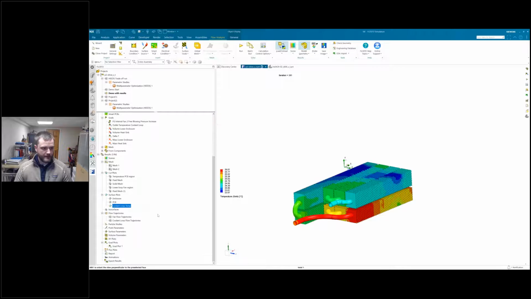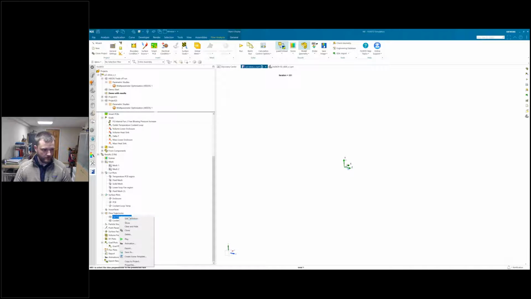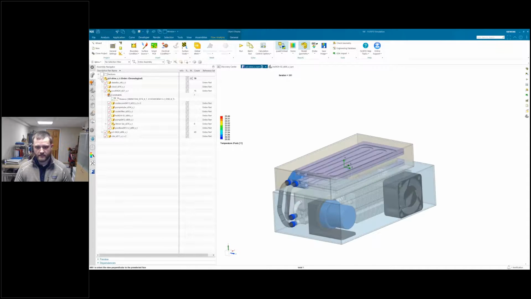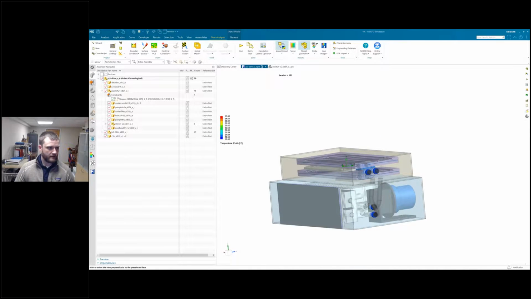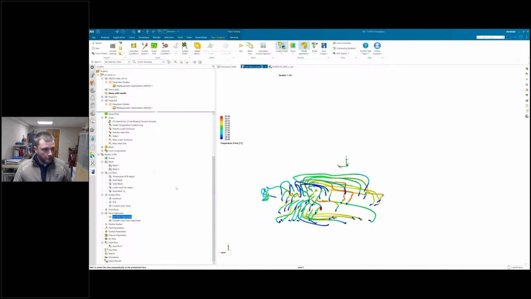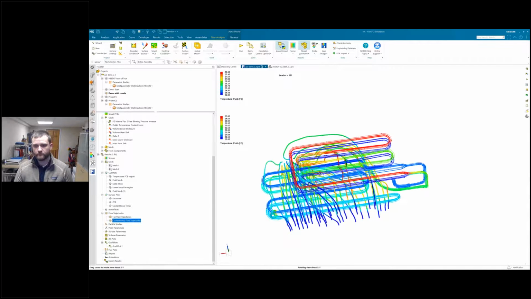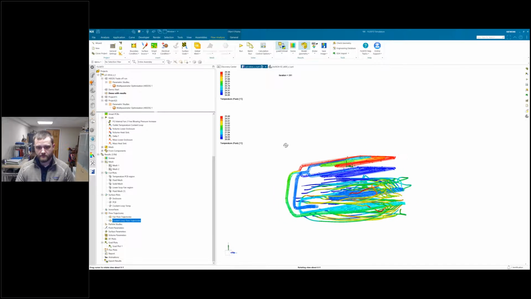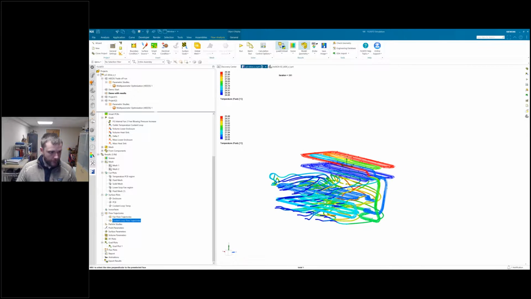We also can look at flow trajectories. So we can look at the fan flow trajectories in context of the geometry really easily. Oh, I don't think I have those on transparent, and I'll have to do a little work to change those. We also have the flow trajectories we can look at for the coolant pipe. So we can see the temperature as well as the flow trajectories within the system for our coolant pipes.